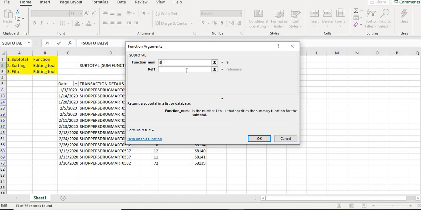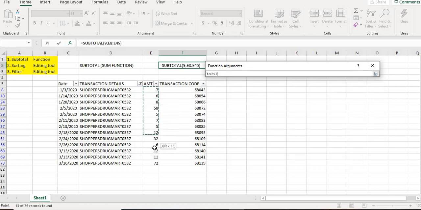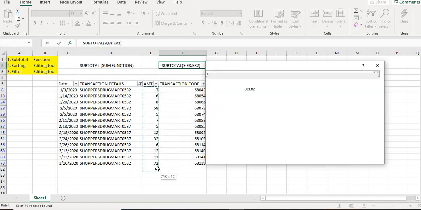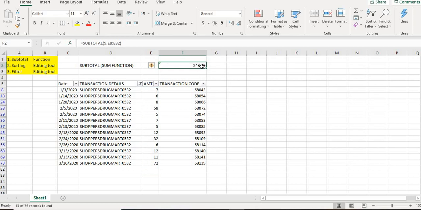You need to remember this: when you want to sum a specific targeted area and your requirement is the sum, you will select the function 9, and in reference you're going to select the total population and enter. So this is exactly the figure I wanted Excel to calculate for me: spent at Shoppers Drug Mart